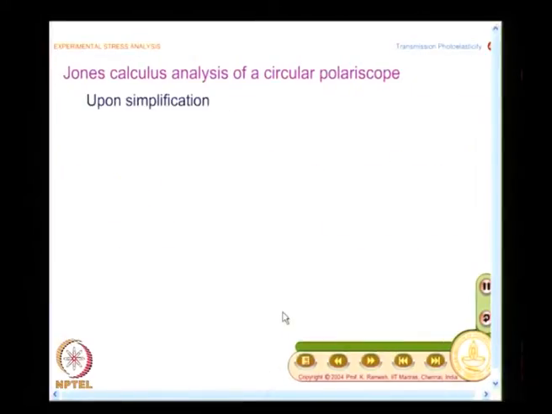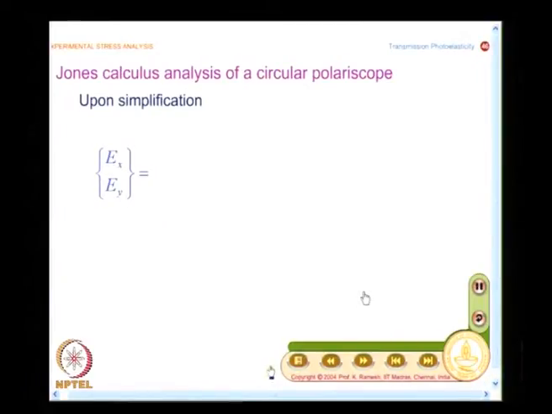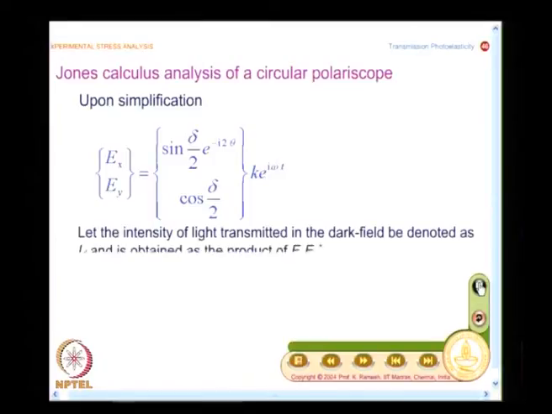So, upon simplification, I get the expression in this fashion. I have sin delta by 2 and cos delta by 2. So, I will have the expression for dark field.